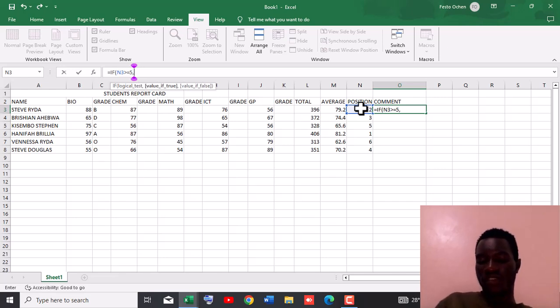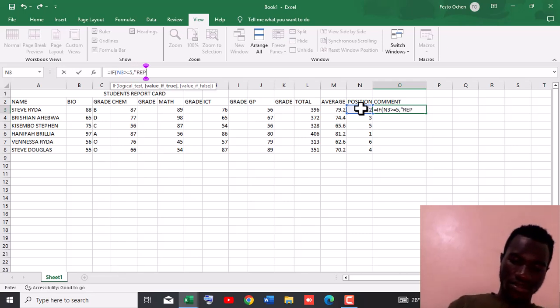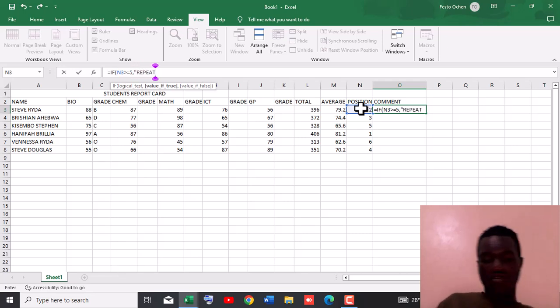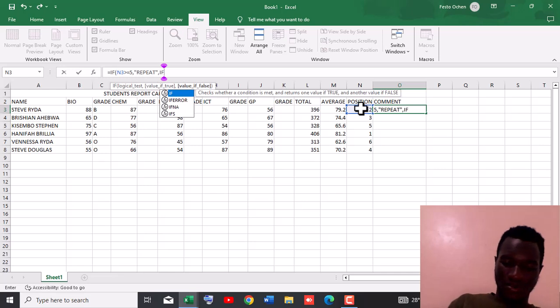That is 5, it means 5 and above. What should happen to 5 and above? So 5 and above have to repeat. They have to repeat that class. You get it? So we close, we open another IF function. If